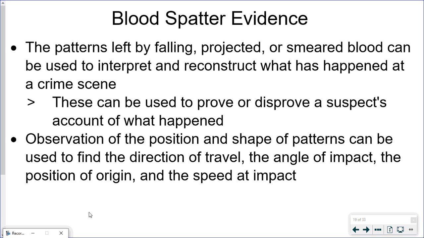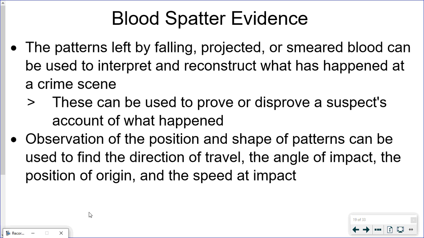Hey guys, in this video we're going to be talking a little bit more about blood spatter and things that they look for to recreate the crime scene. So the patterns left by falling, projected, or smeared blood can be used to interpret and reconstruct what happened at a crime scene. So a lot of times these can be used to prove or disprove a suspect's account